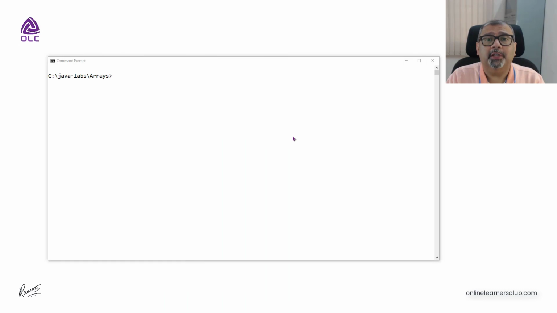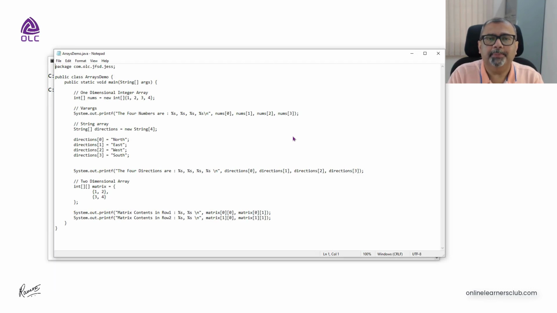Let us understand how arrays work, how you can initialize arrays and work with arrays in the current hands-on. So for this, I have some programs lined up. So let's go and open the program here. ArraysDemo.java. In this program, again, as usual, I have just created a simple one-dimensional array, and then we basically